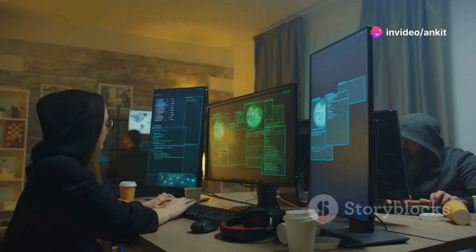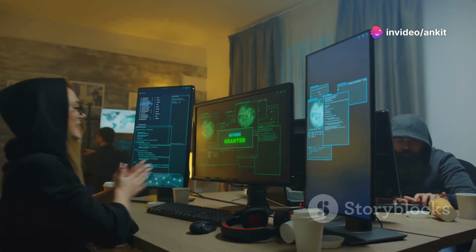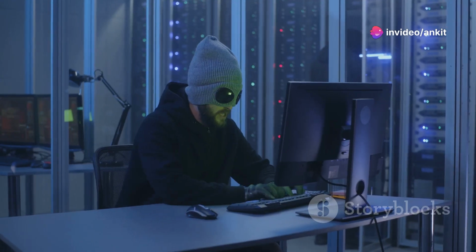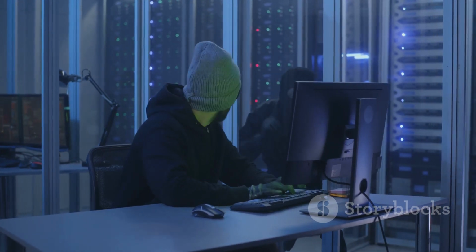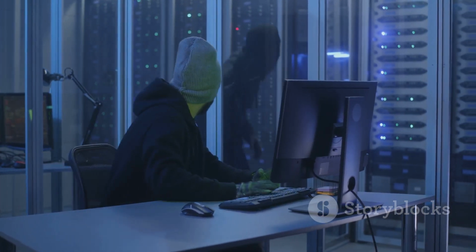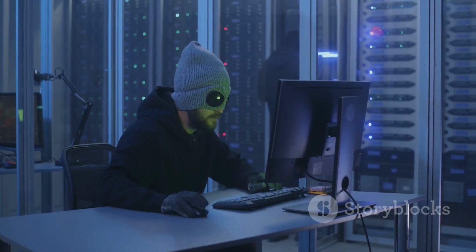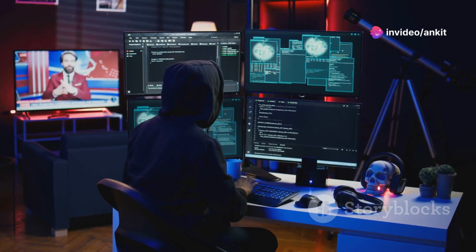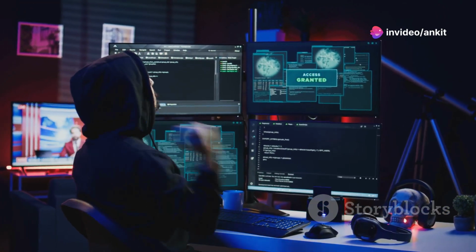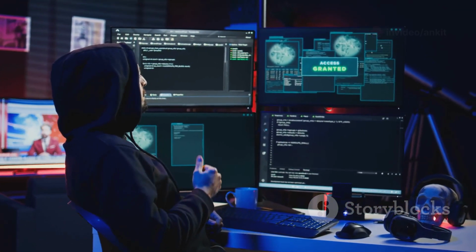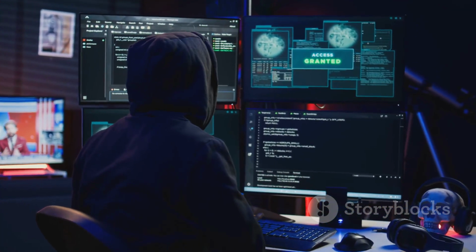Now let's move on to exploiting union-based SQL injection. Union-based SQL injection is like sneaking into a VIP area. This technique involves using the union operator to combine the results of a malicious query with a legitimate one. Hackers use the union operator to combine legitimate data requests with malicious ones. By doing this, they can trick the database into returning data from different tables, including those they shouldn't have access